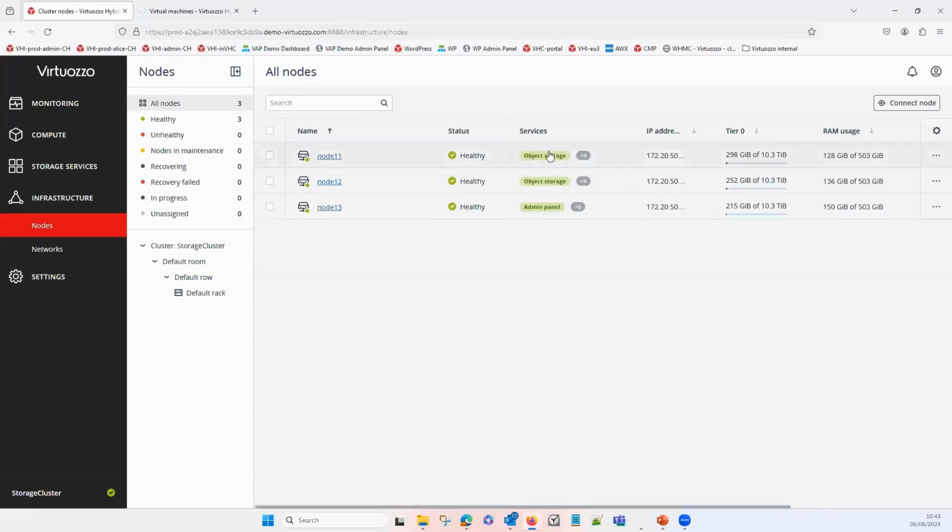We have all the services running over all the nodes, so we do not dedicate any node just for the management. And you can start from 3 nodes, even if it's better with 5 nodes to guarantee better